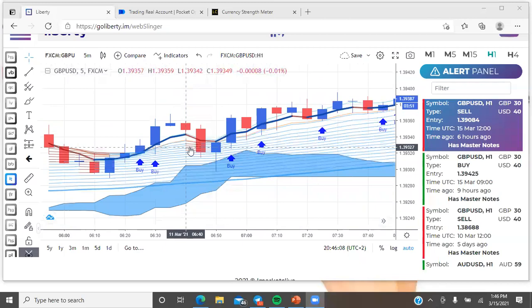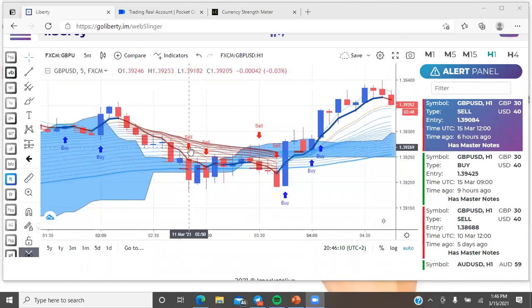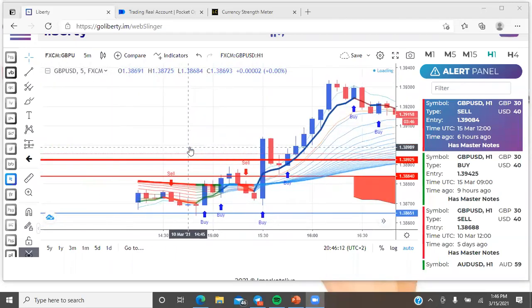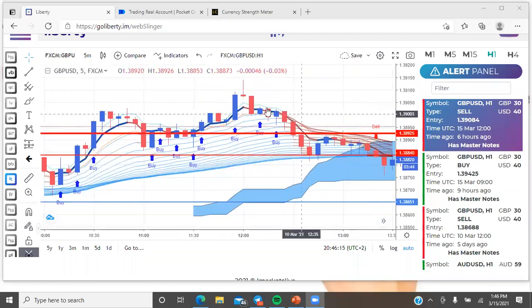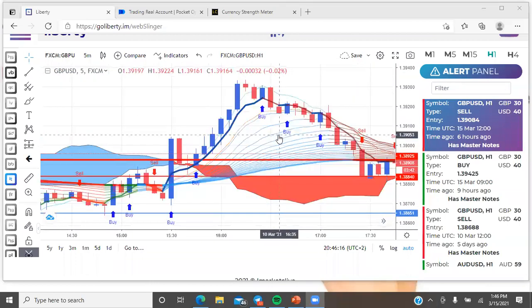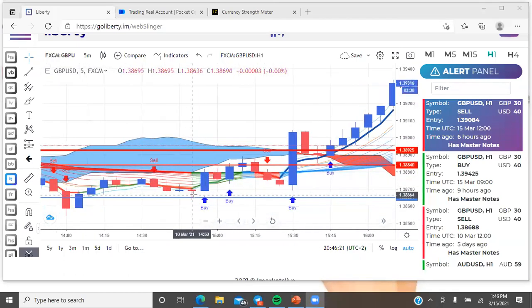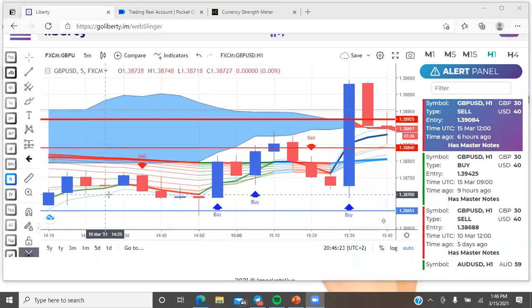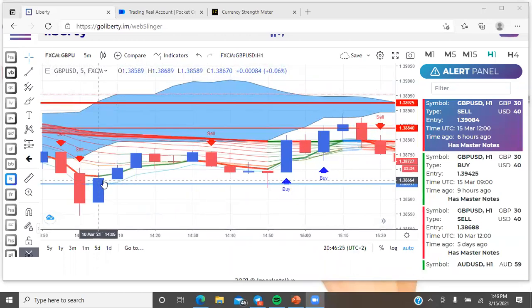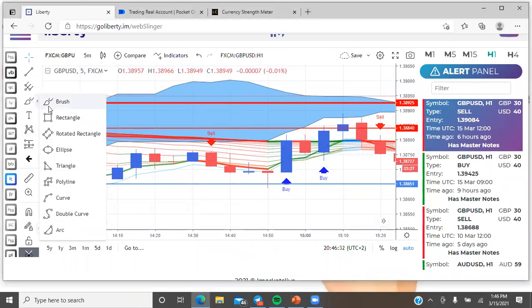All right, cool. Let me go ahead and show you guys one more thing. When it comes to Web Slinger, it actually shows you when the market is in complete consolidation. If you didn't realize it, some of the times when I was scrolling, you probably saw the green lines. This is actually when the market is in consolidation. Anytime you see a green line,